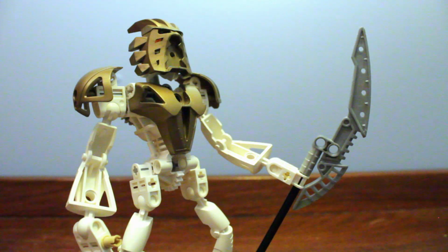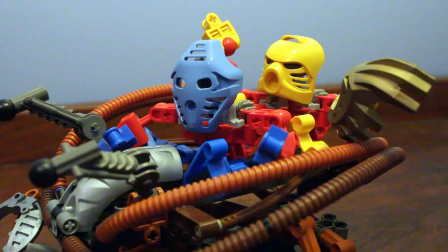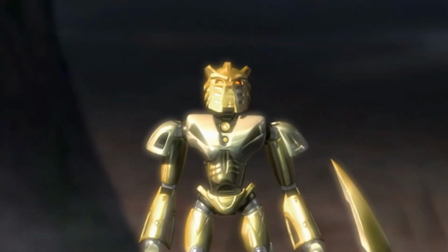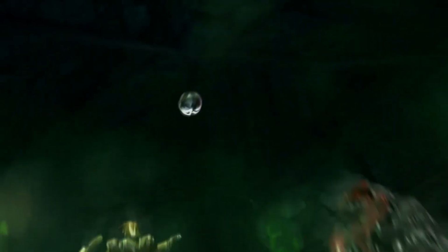Takanuva is the legendary 7th Toa, the Toa of Light, who is said to bring light to the shadows and awaken Mata Nui. He was originally a Matoran named Takua, where after going on a grand adventure with his friend Jala to seek out the 7th Toa, he eventually donned the Mask of Light himself and became the Toa we see now. Takanuva would then use his Usanui to travel to Mangaya, where he would fight Makuta in a Koli